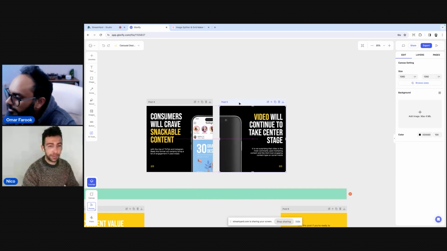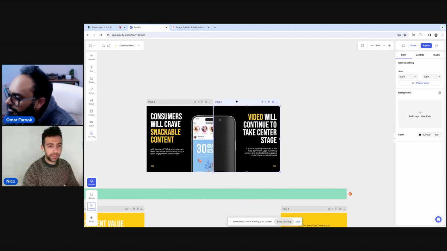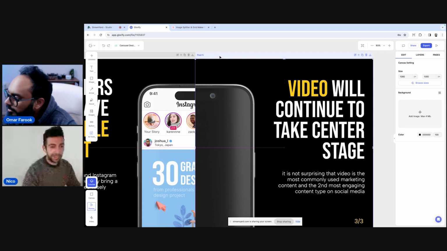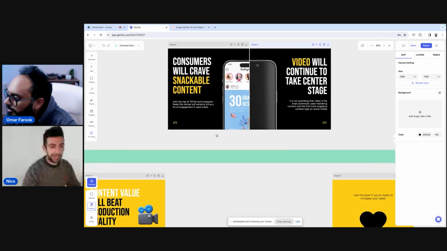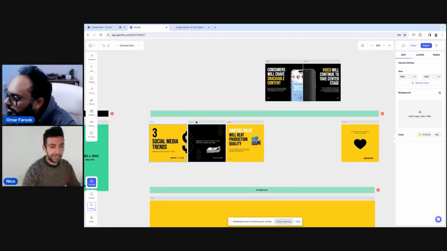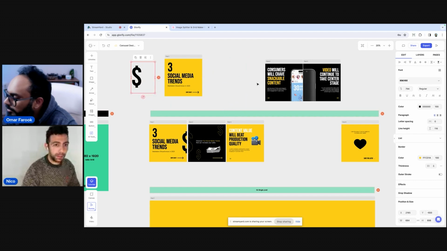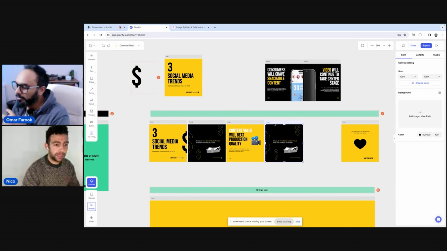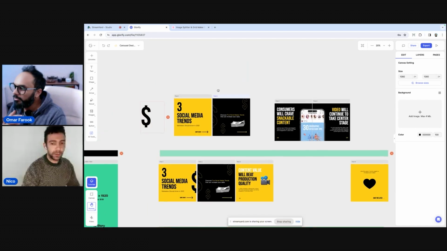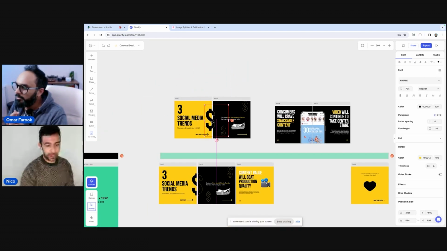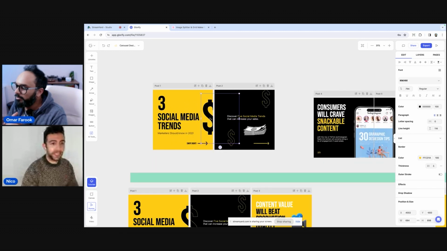Now this is loading. Sorry guys, my connection is not that great, but you get the idea. So using the arrows, you can have this kind of effect. Or you can do the same using an element like this one, this dollar symbol. Go to post number 2, take this element, bring it to